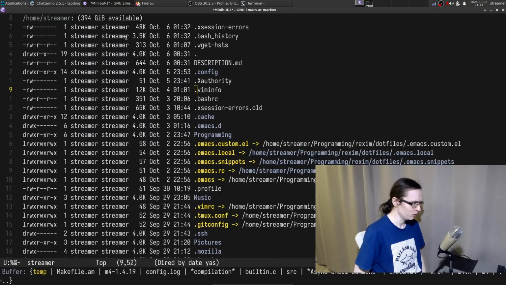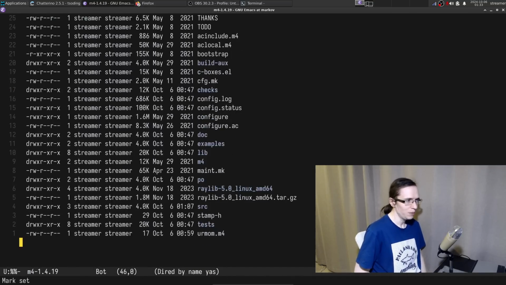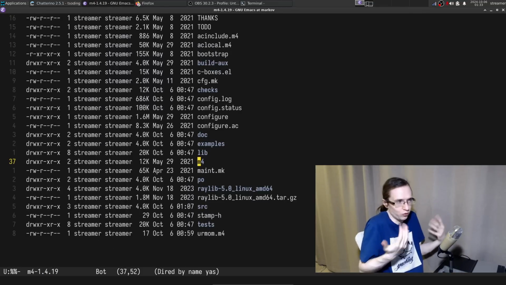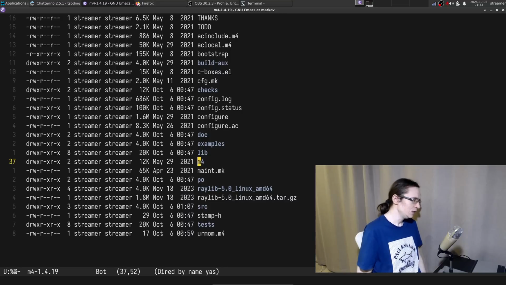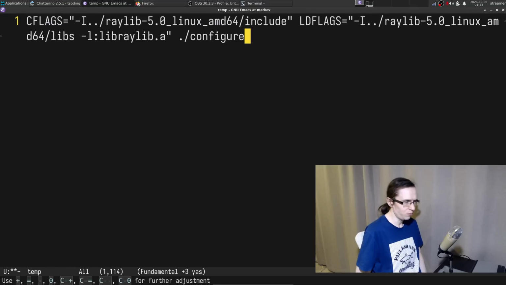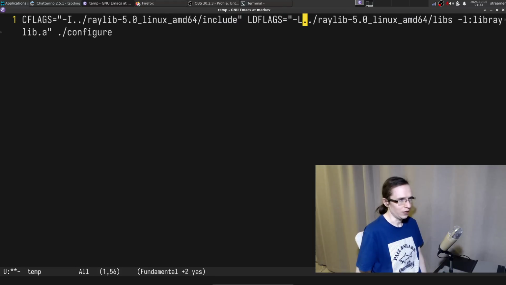Maybe from the root folder, maybe from M4 or something, we don't know. The build system may decide from what folder to run all of these things. So maybe one of the solutions to this problem could be to not use relative paths, but rather use absolute paths, right? So let's give it a try.